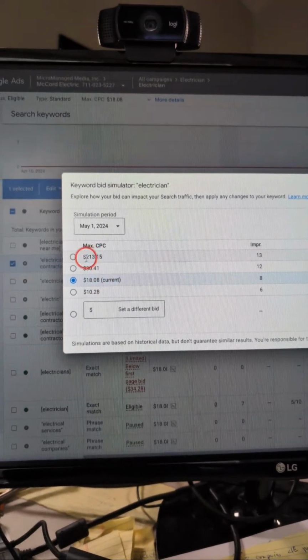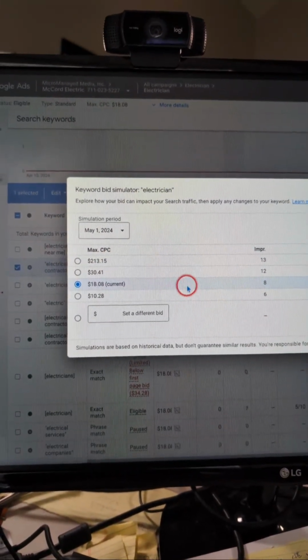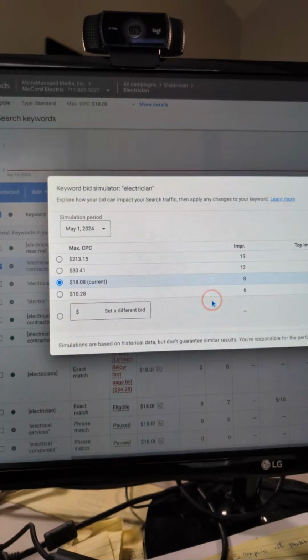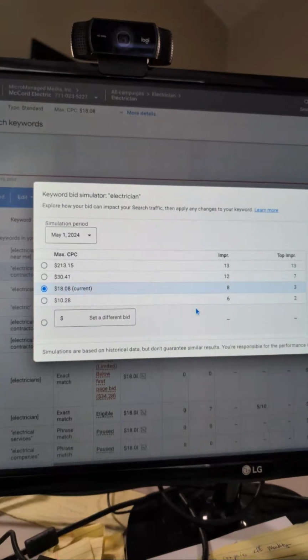If I allowed Google to set the bid for me, we'd be hitting $200 and obviously blow our campaign strategy. That's why you always put a limit on your daily spend. I always set my daily spend very high, and I've gotten in trouble for it a couple, three times. Google will change the bid, or somebody will change the bid, and then all of a sudden it just eats up my whole campaign. Anyway, I thought this would be a little bit of a help to you.